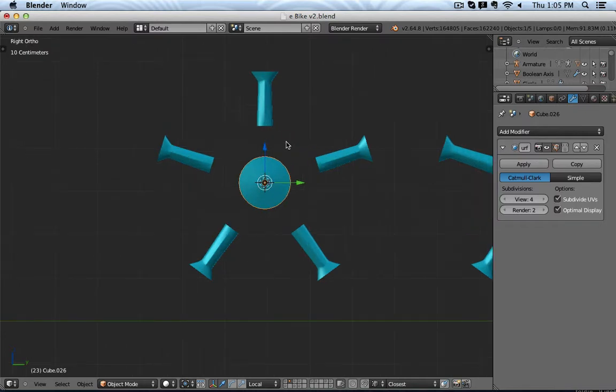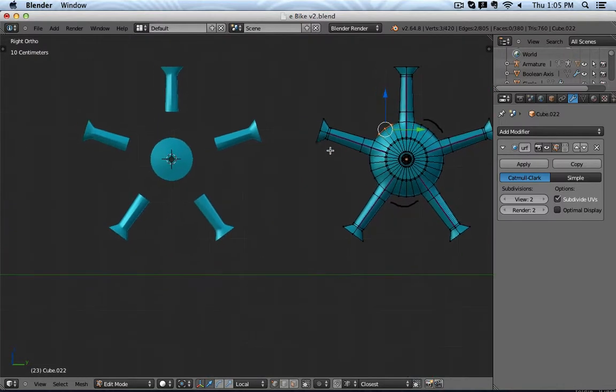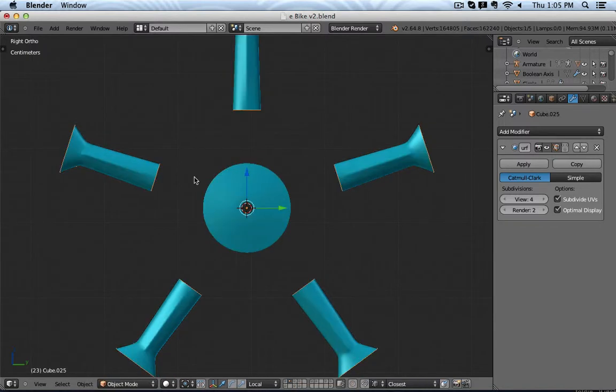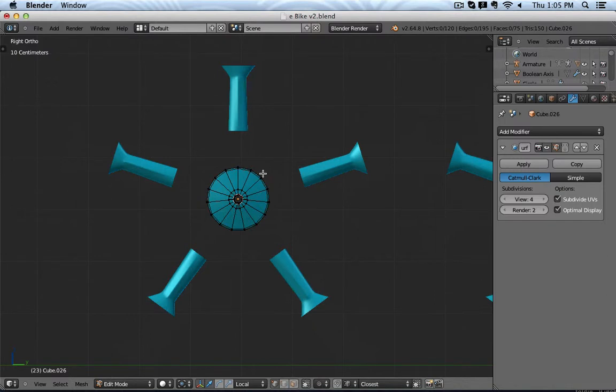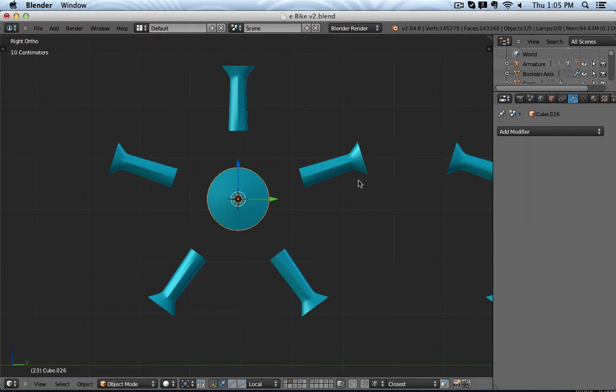And now the task is I need to create a geometry like in here, so that I have the amount of points to connect my spokes, but also enough points, for example, to have a nice flow in between. However, as you can see, I have the same amount of geometry points, so I need to double this. And to do this, I go to the subsurface, set it to 1, that will be sufficient in my case. Click apply,